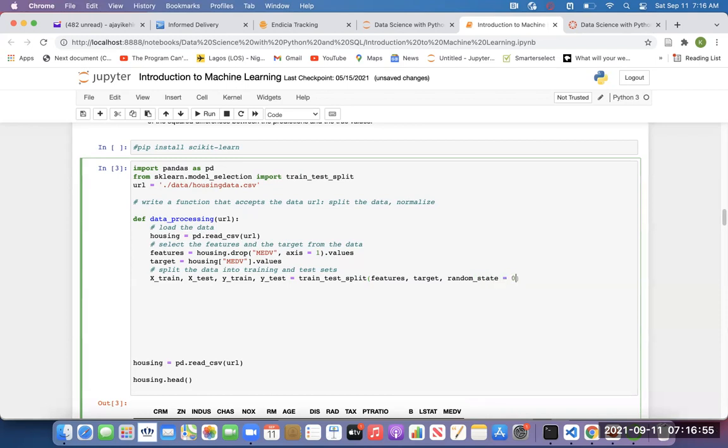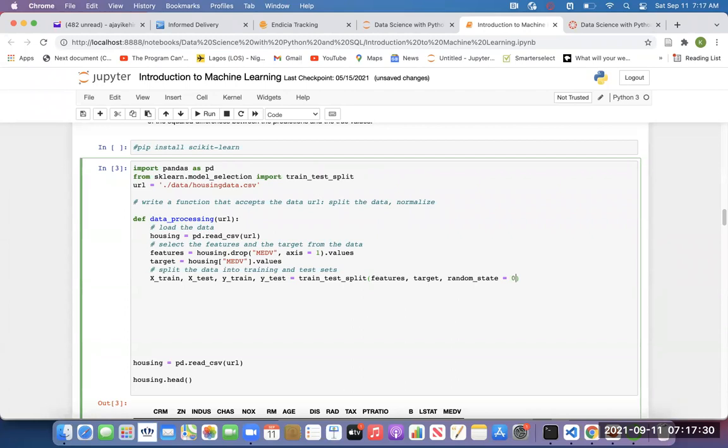Okay, then finally you specify what we call the random state. I'm going to use a value of 0, but you can use any number. So random state is just like a seed. What do I mean by a seed? I want it for reproducibility. If I don't set this random state, this train test split is a random function. So every time I run it, it selects different rows for the training and test sets. So if you don't set it, every time you run this, it is going to select different rows for the training and test set.